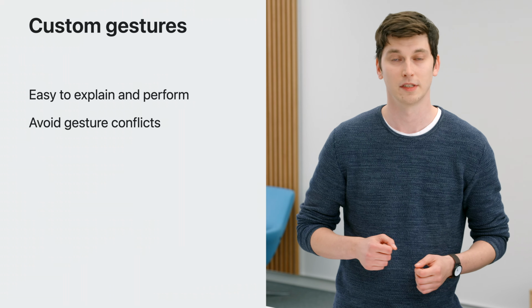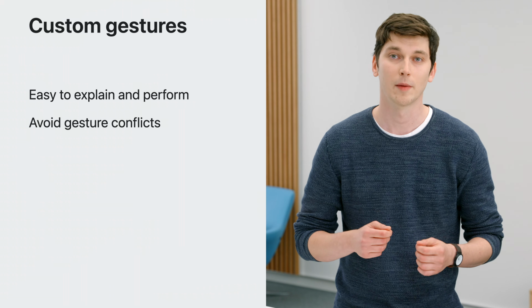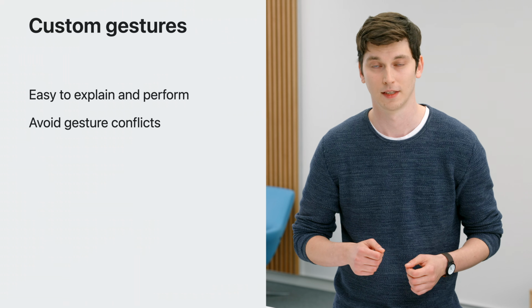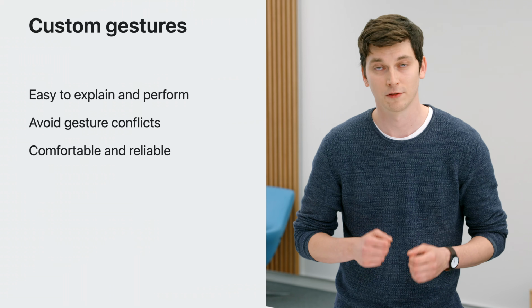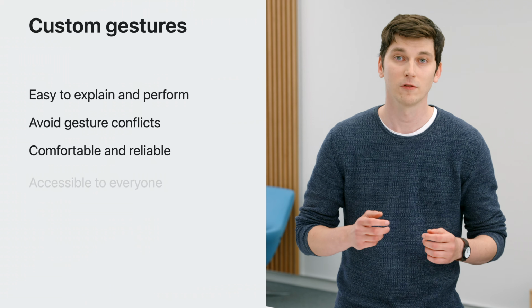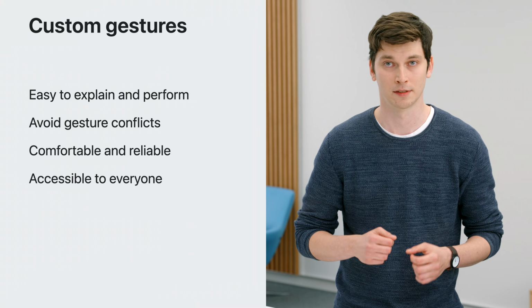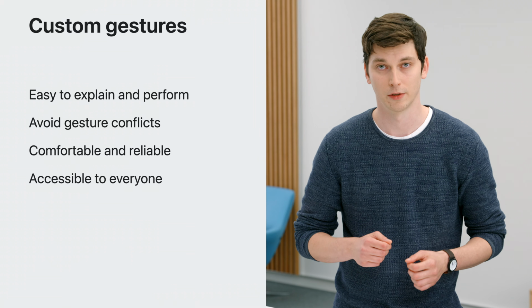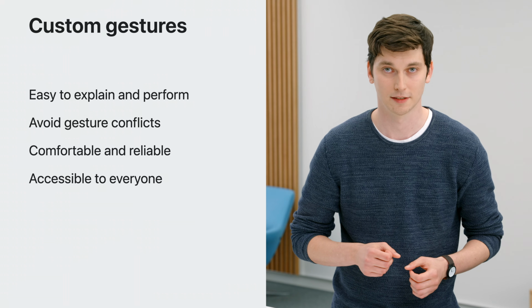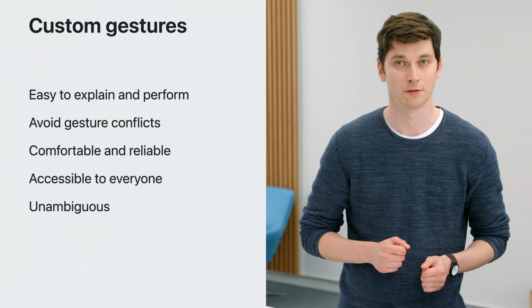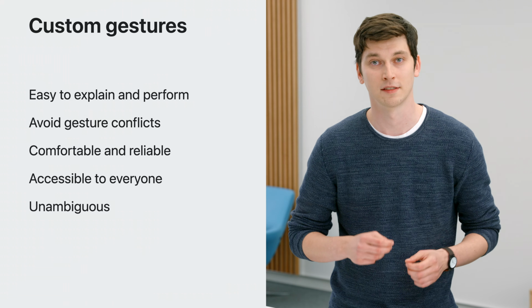Your custom gesture needs to be distinctly different from the standard system set or common hand movements people might use in conversation. This has to be a gesture that people can consistently repeat without strain or fatigue, and that has a low rate of false activations. Be mindful of people who are using assistive technologies to interact across the system, and consider how your gesture will work in those cases. To learn more about accessibility, check out the session Create Accessible Spatial Experiences. Gestures can also mean different things to different people, so make sure your custom gesture doesn't send messages you didn't intend. All of this may be a tricky balance to hit, so it's always worth considering a fallback in the form of a UI affordance.